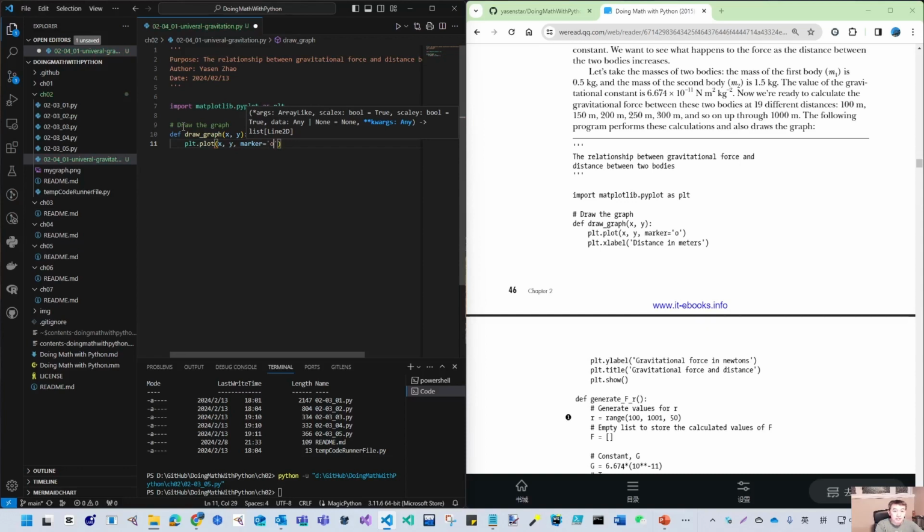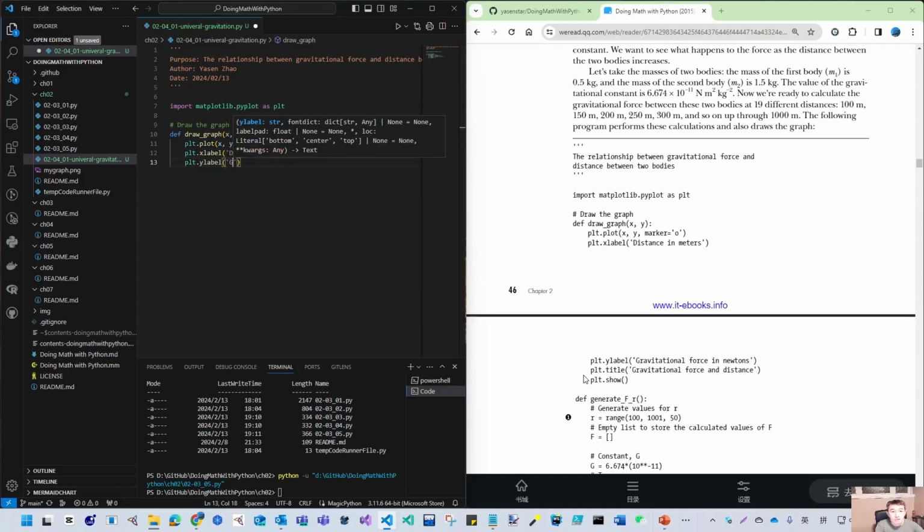So let's keep using this dot. Since we just loaded pyplot, we don't need to load those separately. So we can give the x-axis label, which is the distance in meters. And then we give the y label,